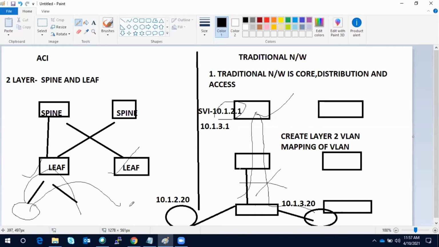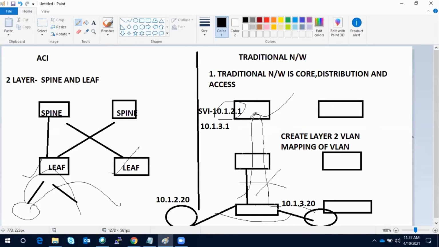But in traditional networking, if you are doing a vMotion to some switch, if it is not connected to the same core layer, which is having the SVI, then you have to first create the SVI there. You do a kind of HSRP or VRRP, and then only you can do a vMotion. And here you can see the packet is moving all the way to this layer and then coming back, although they are connected on the same access layer, same access switch. So this forwarding is not that efficient, guys. So that is one of the major differences.